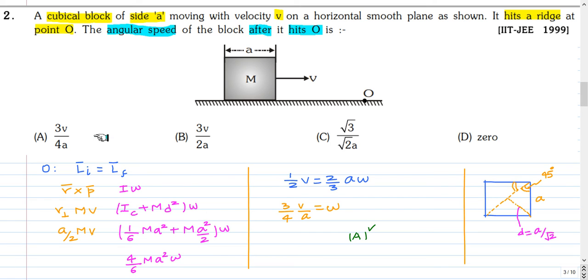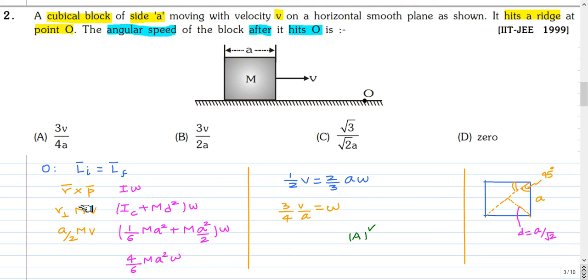So here is the solution. About the point O, when it hits, there will be a contact force at point O, but if you take the torque about point O, there is no external torque acting about point O. So about point O, the angular momentum will be conserved, as there is no external torque acting on this system about point O. The initial angular momentum is the angular momentum of this block that can be found by r cross p, and the final angular momentum will be I omega, because after collision it will stop translating and rotate with an angular velocity omega.